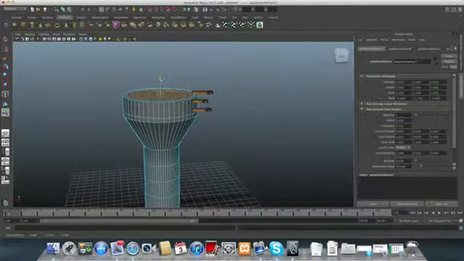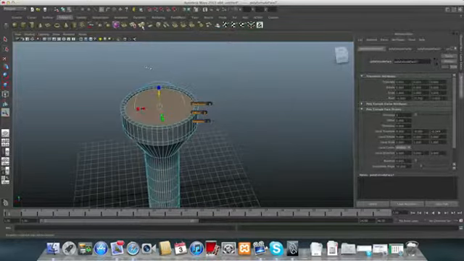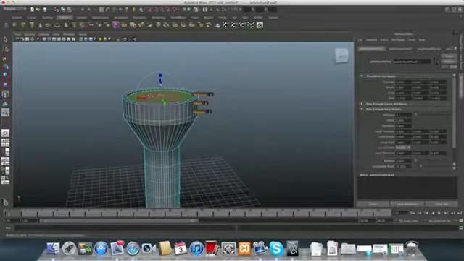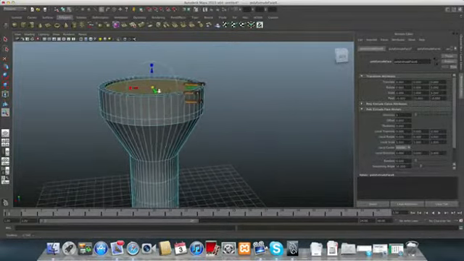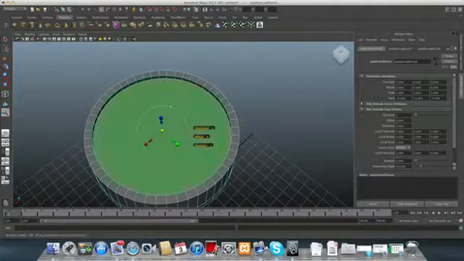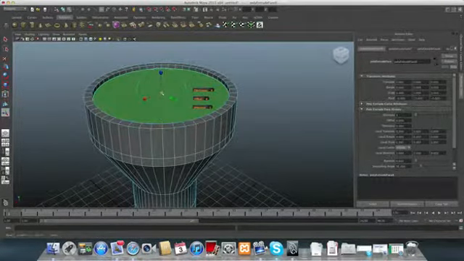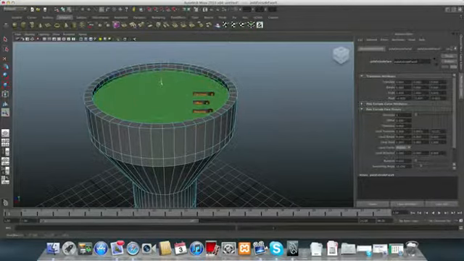First we will create something like a frame here, so we are extruding it again and we are entering inside. What I mean by inside is, you will see. I will extrude it again, and